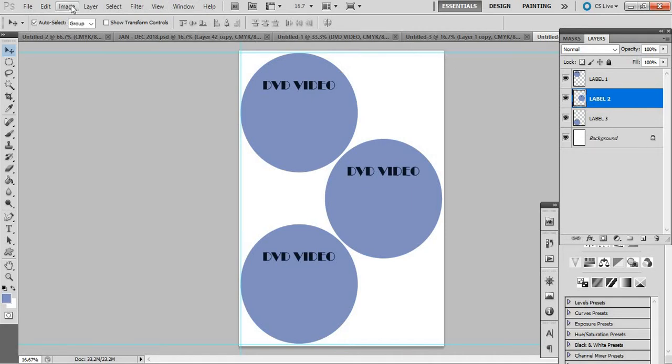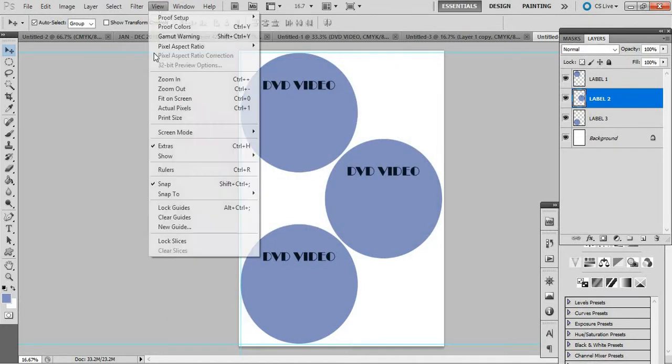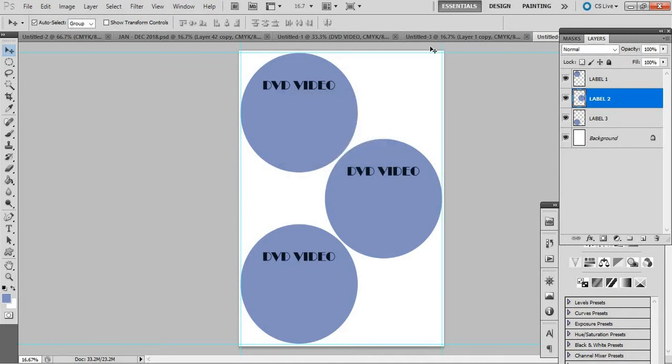and you can always check the image size. This is 210 millimeter, right? So it should be somewhere 208 millimeter vertical. So we will get the guide here, so it will position nicely, and then you can actually use